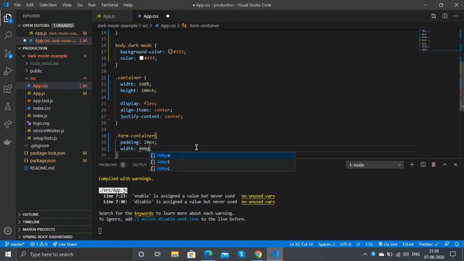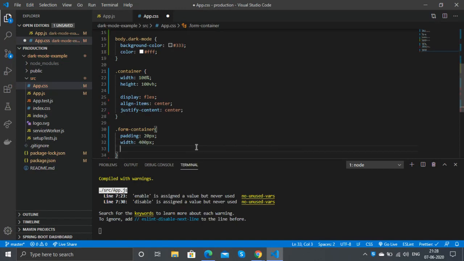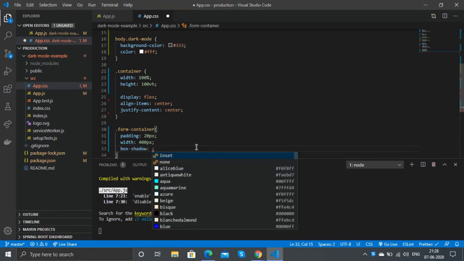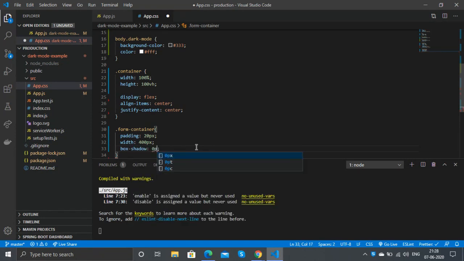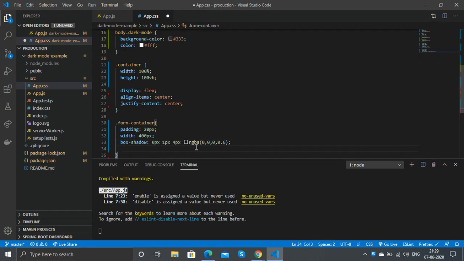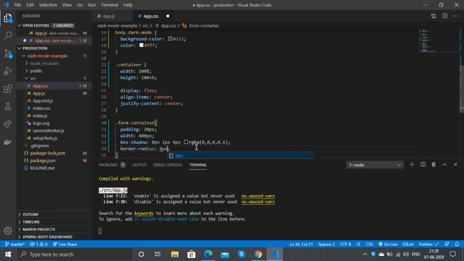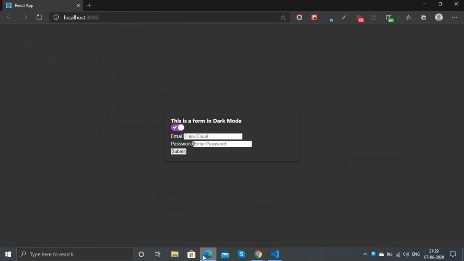We'll have a width of 400 pixels. We can add a box shadow so that we get a card like effect. We will add a box shadow of RGBA black with an alpha of 0.6. If you look at the design, now our card is centered and the dark mode is already applied because my system preferences is set to